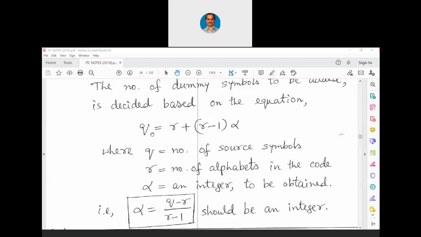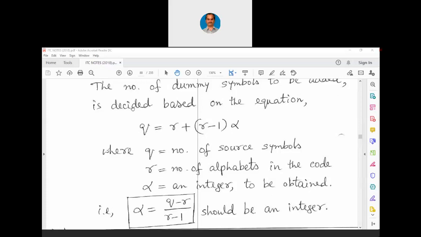For example, let us say we have 4 symbols in the source and we are using binary, then Q is 4, R is 2. Now we have to have this equation satisfied. For satisfying this equation, we will have to compute the number alpha. So alpha is an integer which is to be obtained.